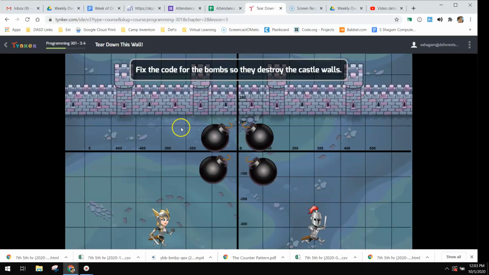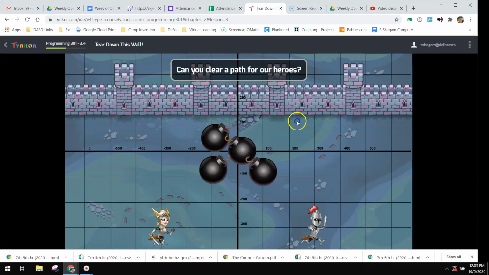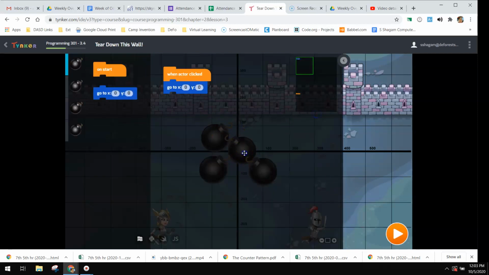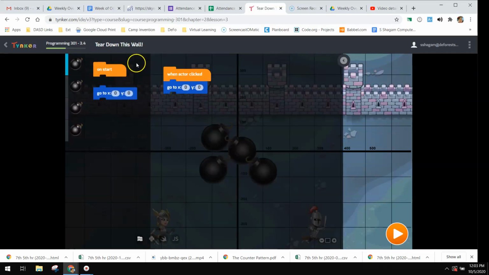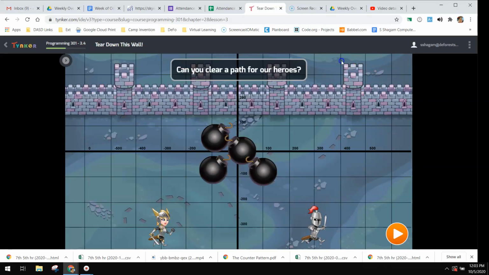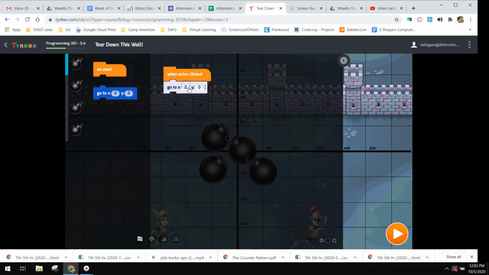And now this one. So this is probably the more challenging one in here. You need to code these different blocks, and I didn't mean to move this, or sorry, bombs, to move when they're clicked on. So this first one, what you want it to do is to go to break down this part of the wall. And if you look, if I go X, this is about -300, and up to right here is 200Y. So I'm going to say go to -300X and